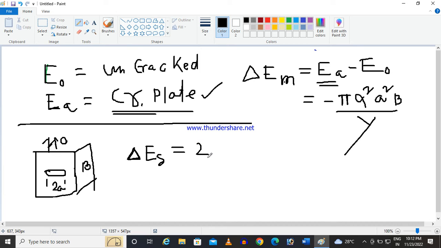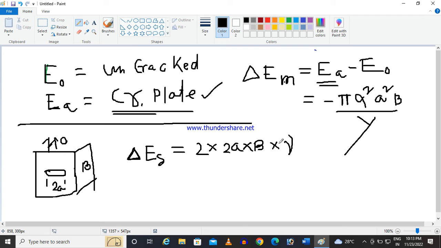So I am assuming the surface area at the top of the crack and the bottom of the crack are the same, so it's 2 times, and the length of the crack is A and the width is B, so this is the total surface area, into, I am defining one variable here, gamma, which is surface energy per unit area of the fracture surface. Okay,